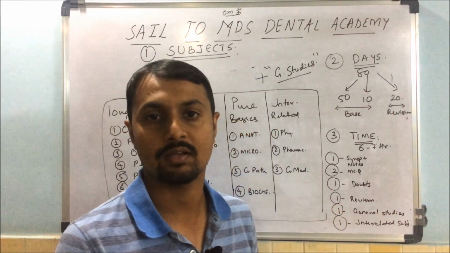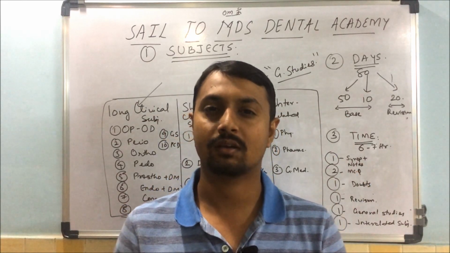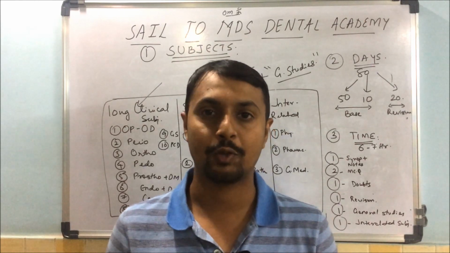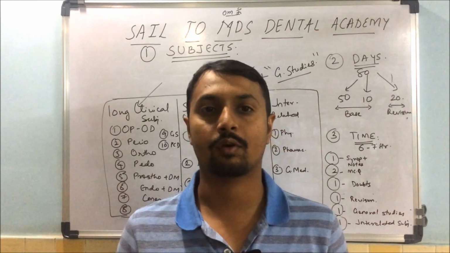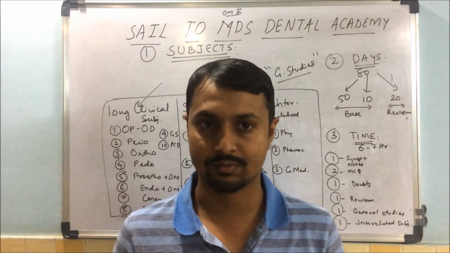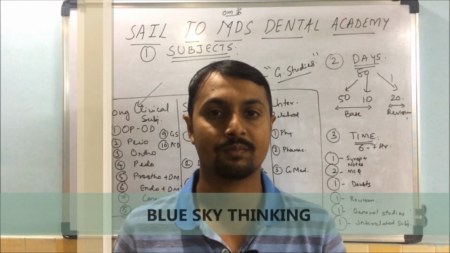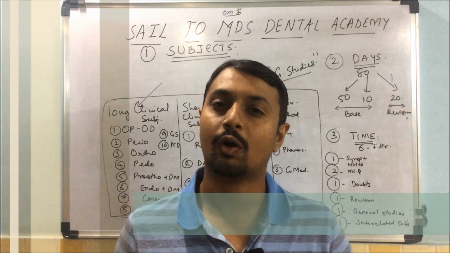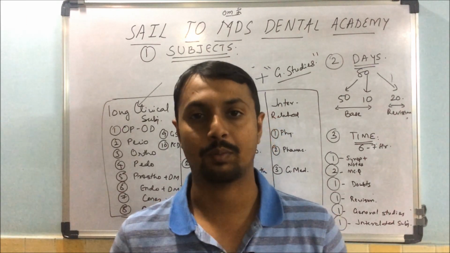To wash out the confusion of the children, I am providing a blueprint for how you have to go in 90 days, because many students are asking me, sir, will it happen or not in 90 days? Yes, it will happen. You have to believe. You have to be calm. It is a tricky period. Whether we can do it in 90 days or not, you have to focus on yourself and always have a good positive mindset. Yeah, I am going to do it. I always say in many of my lectures, blue sky thinking. So always aim high. Whether it will be done or not, leave it to God and focus on your preparation.